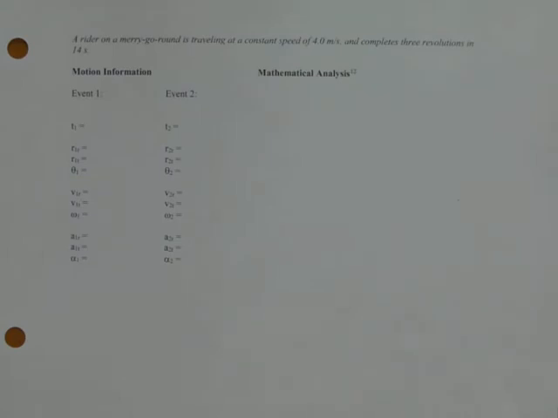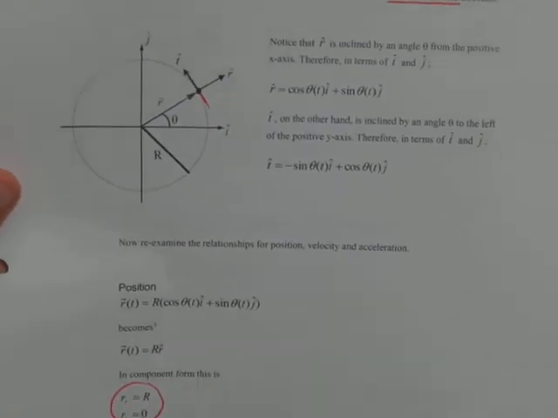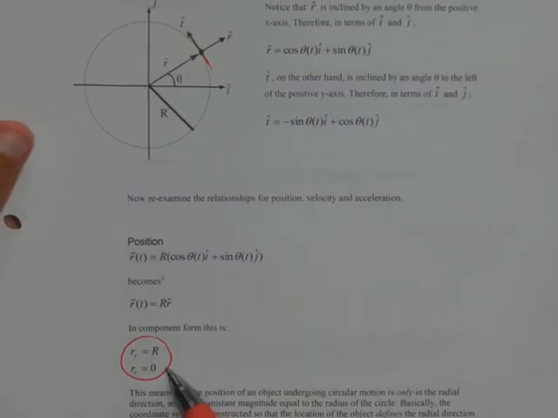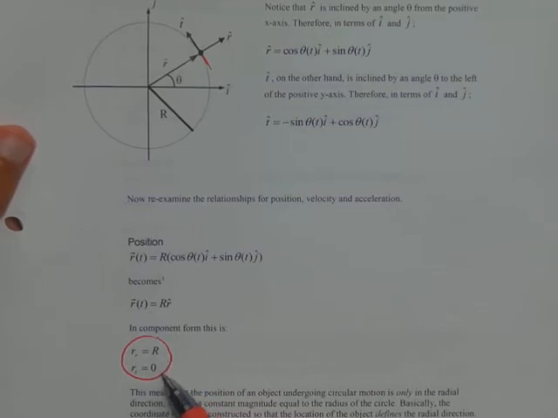For the radial and tangential components, if you start on page 14 of your textbook, they give you the radial and tangential components for position. The radial component for the position is just equal to the radius. The tangential component for the position is always equal to 0, and this is because of how the radial and